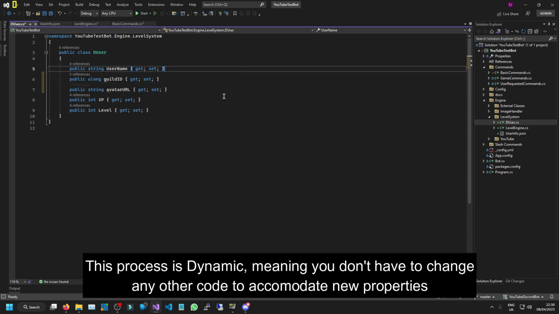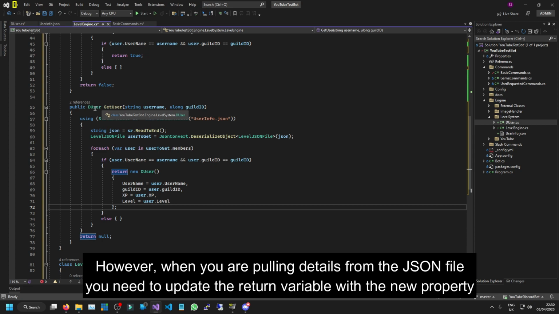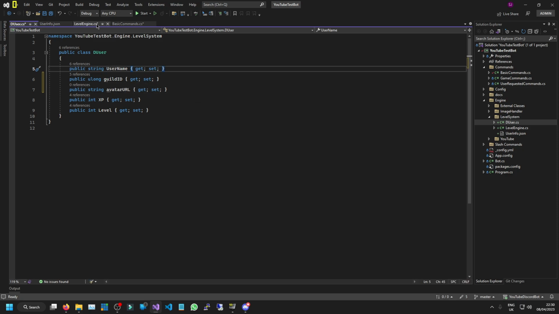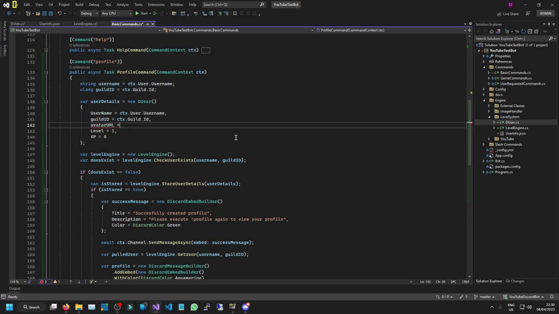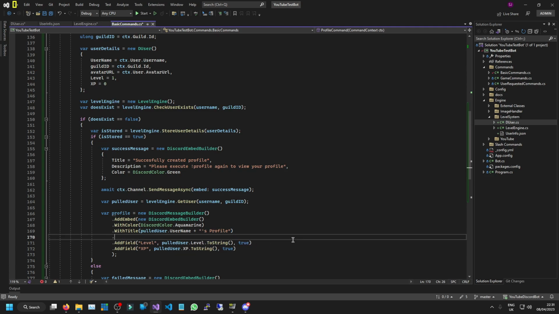So once again, we don't have to change anything in the actual level engine because it's just going to use the D user as is. So we can just add as many parameters as we want to this class, or properties, that's a better name for it. So let's add the avatar link, which is going to be equal to the CTX user and the avatar URL. Cool. So let's put that in as the thumbnail. So we'll say with thumbnail,